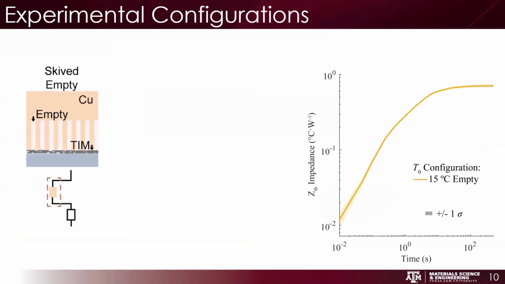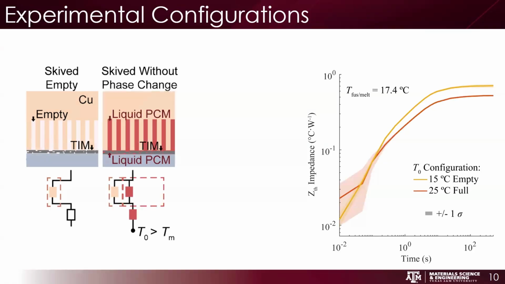So to begin with, again, we saw before these temperature rises. This would be just a principal thermal impedance rise when the system's empty. So you add in PCM to the system, the initial temperature is above the melting temperature of the system, so it's always liquid. You're pumping in energy to the system, and again, it has this specific time constant, has a nice time constant, but the PCM, so it has a lower junction temperature or steady state resistance, which basically means